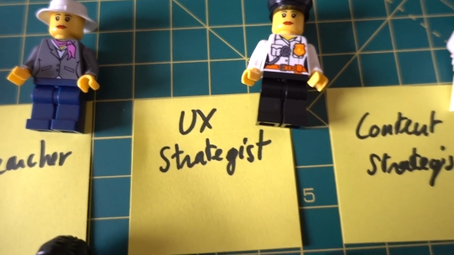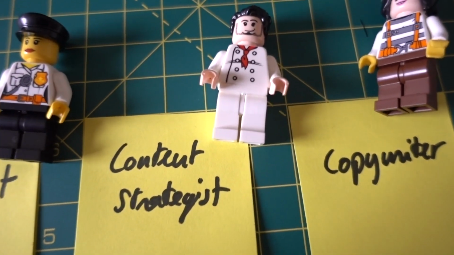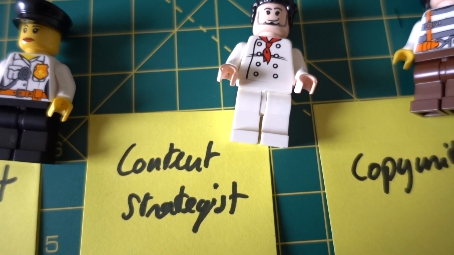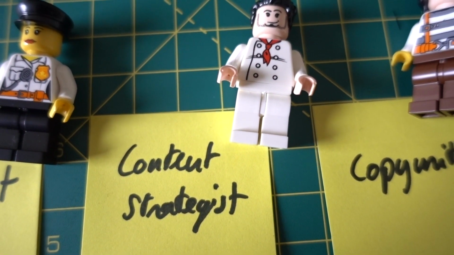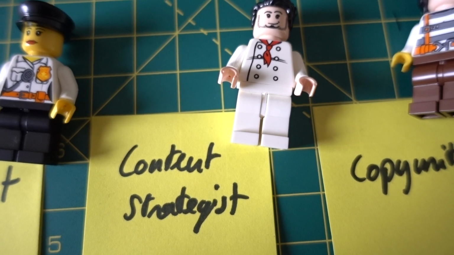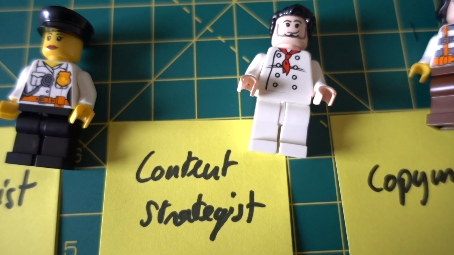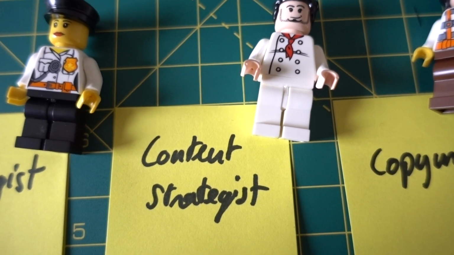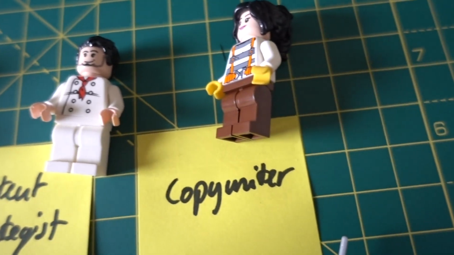proper UX. Then we have something similar, which is content strategist, not to be mixed up with UX strategist, because a content strategist is more of a marketing hero 2.0. It's a marketing person who's using design thinking as a base. They plan, craft, deliver, and analyze how content is digested by their users. From personal experience, these folks are invaluable in, for example, e-commerce and social media driven projects and anything that has to do with that. And next we have copywriter.